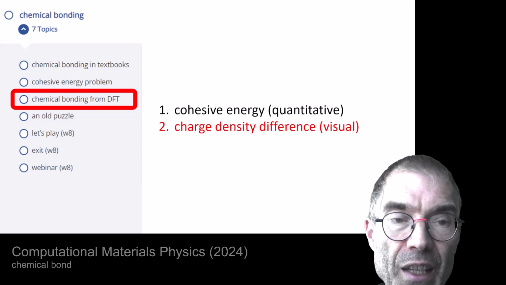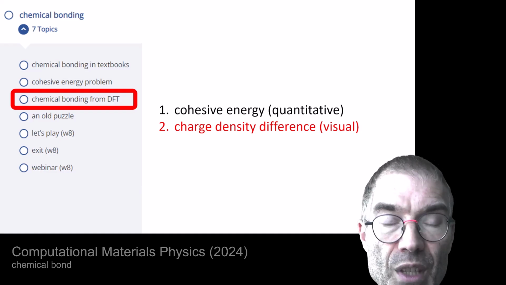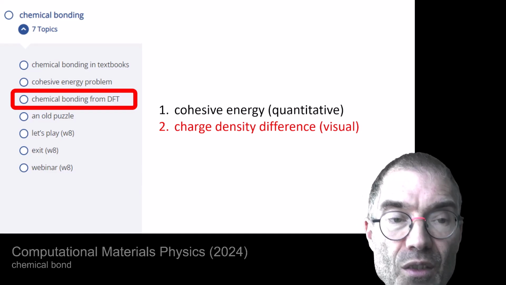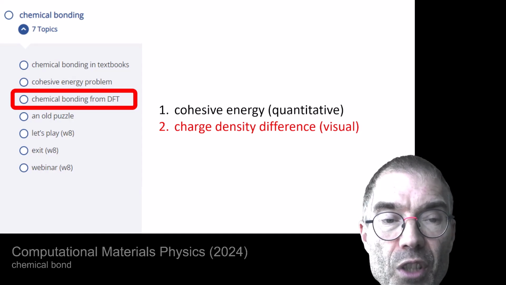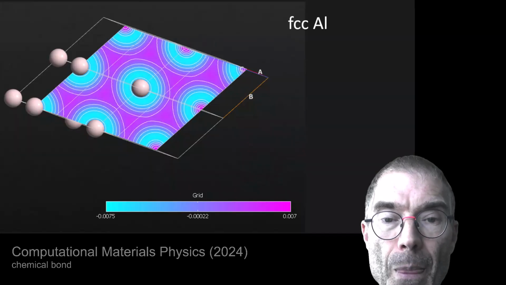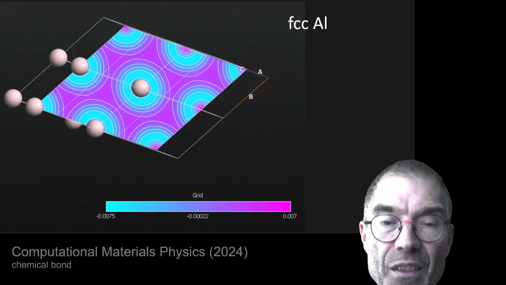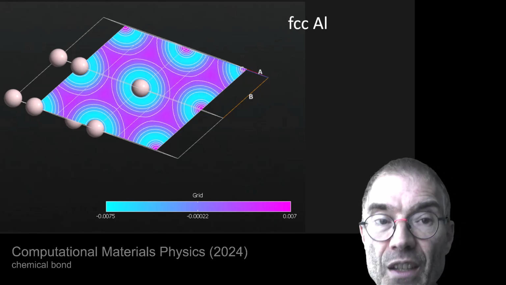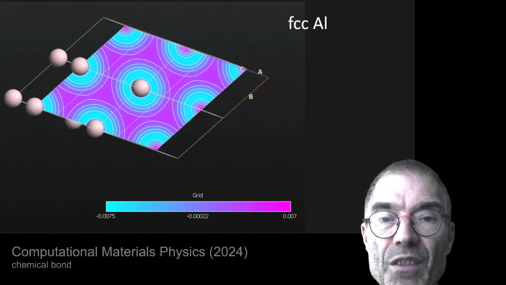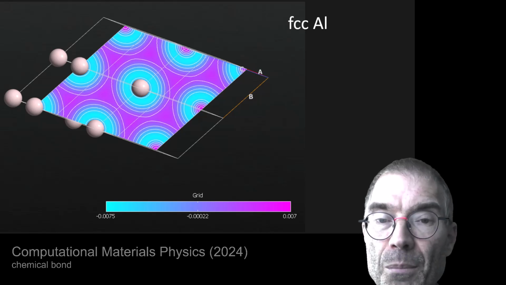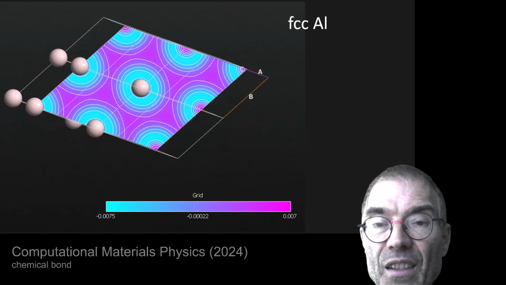So with the cohesive energy we can identify the van der Waals bonding, but we still have to differentiate between these other types of chemical bond, and that can be done based on the charge density difference. So we calculate the electron density, or the charge density, of the crystal. We subtract the charge densities of the free atoms, and we look to the regions of space where electrons move